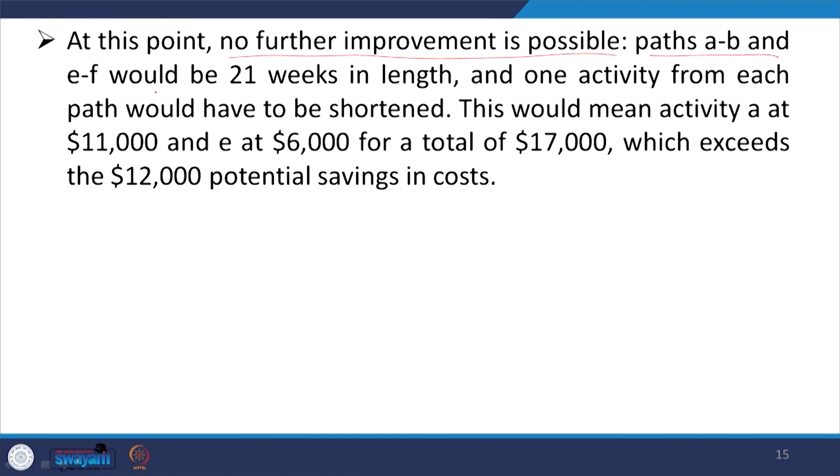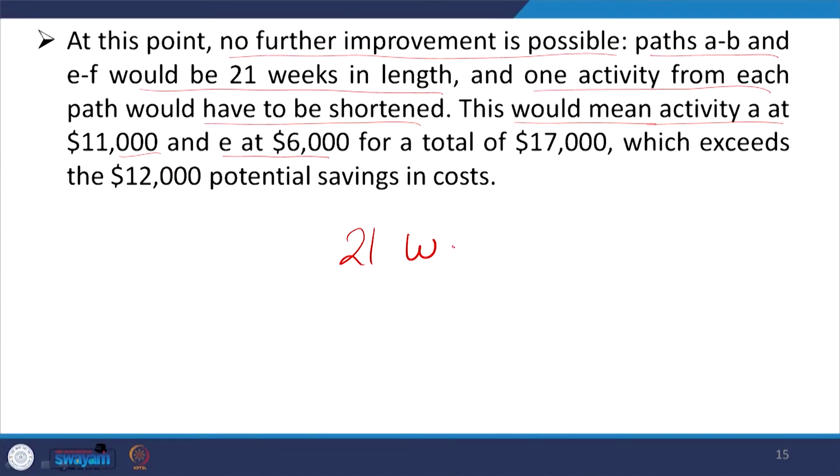At this point no further improvement is possible. Path AB and EF would be of 21 weeks in length and one activity from each path would have to be shortened. This would mean activity A at 11,000 and activity E at 6,000. Now, 11,000 and 6,000 makes 17,000. You are going to save only 12,000. So, it is not an economical decision to go beyond this point. So, finally, 21 weeks